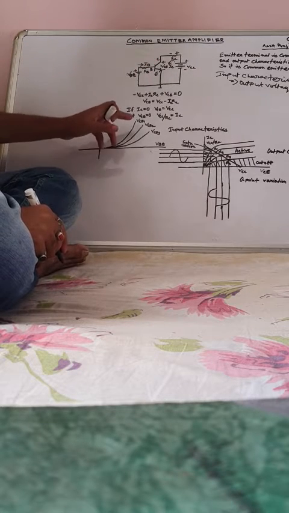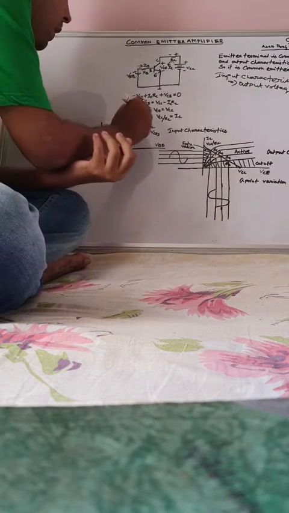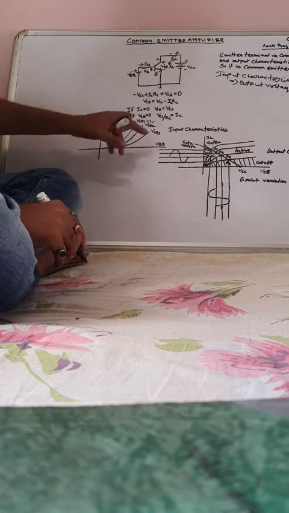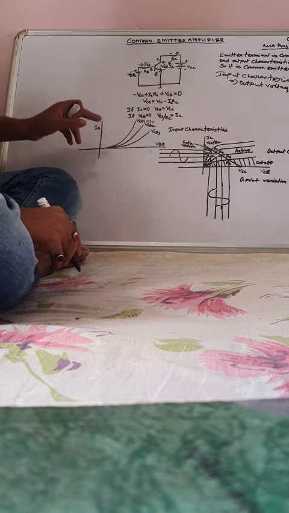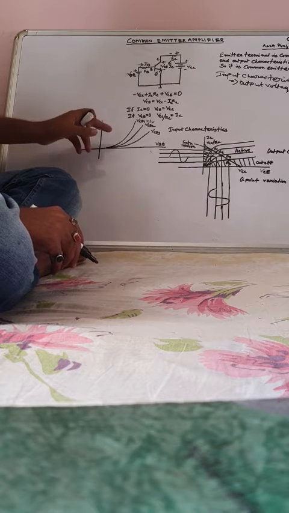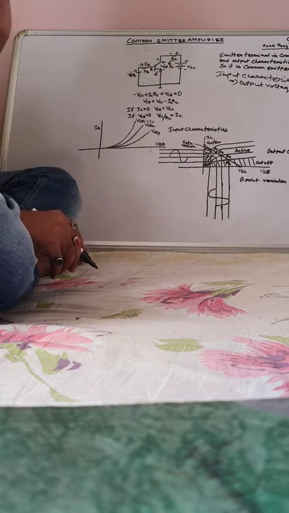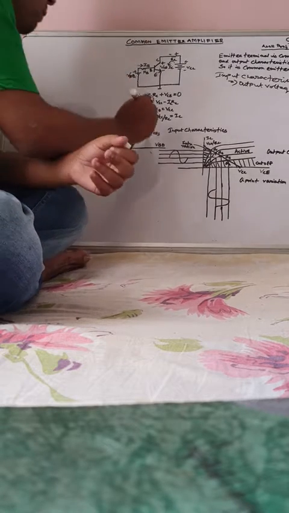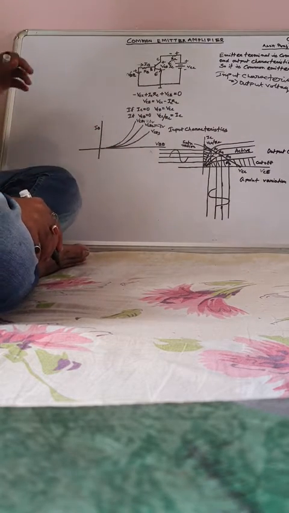Suppose you have made one VCE value constant, suppose 1 volt. You keep on changing VBE in the voltage knob, you keep on changing base emitter voltage knob, and check the corresponding changes in the base current. One by one you are plotting, you get one curve, and now you have changed the value of VCE. Suppose it is 3 volt. Now you keep this value constant and do the same procedure again.